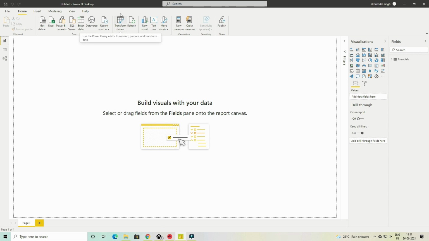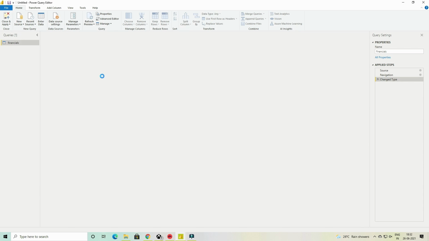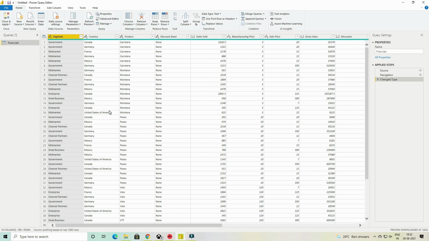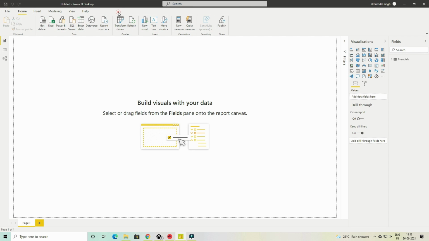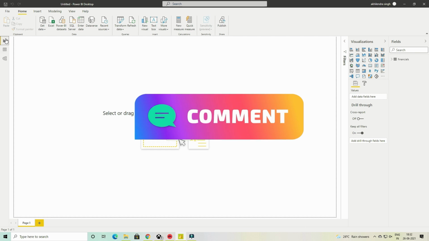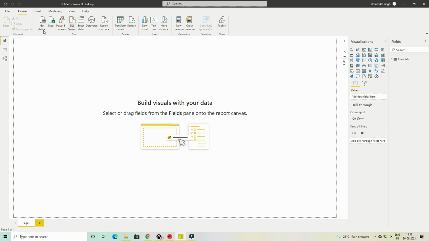So in this tab, if you look at the top menu, we have a tab for transform data. This is the same tab which you saw earlier while loading dataset. If you click on it, it will open Power Query Editor, where we need to transform data while loading dataset. So there are two options to access it. Transform data while loading the dataset, which is initial step when you are importing the data in the Power BI. And the second method is when you transform data after loading the dataset into Power BI.